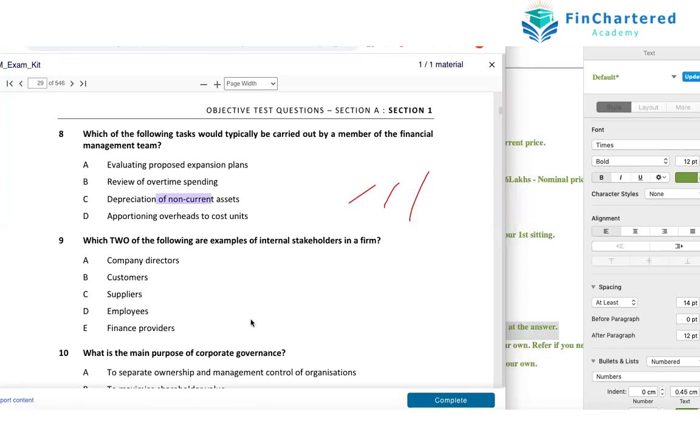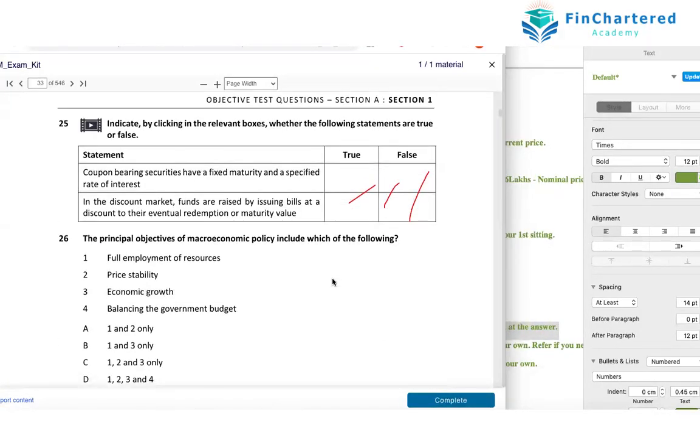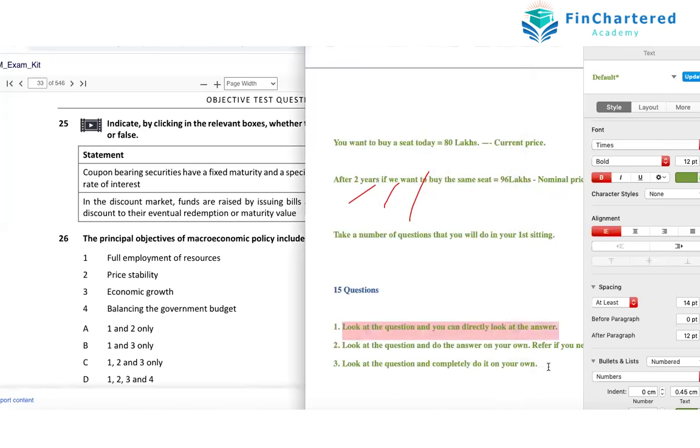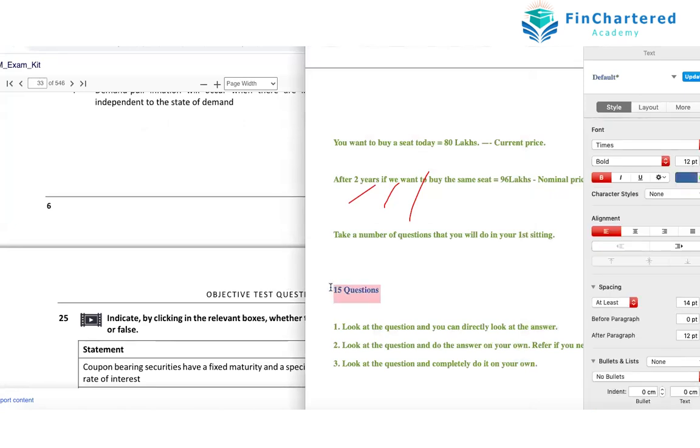See if you understand it. See if you're happy with it. Then do it on your own. These 25 questions, finish them on your own. The third time, do it completely on your own without any dependency on the answers. Once you've done it three times, you are good to go. These 25 questions you've mastered, so you can increase the set. If they are theory questions or easy questions, you can increase it even to 35.